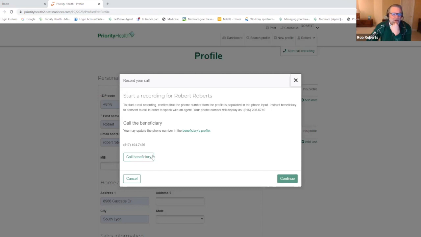That it will call. All you do is click call beneficiary. But it does also provide you, so that you can convey to the beneficiary what number this call is going to be coming from, that you hopefully can see right there. So if you create your own profile here and then click call beneficiary, you'll receive the call on your phone, and then you could better describe that process to the beneficiary when you need to make that call to the beneficiary. So I highly recommend doing your own profile and kind of just going through some of these steps, right,